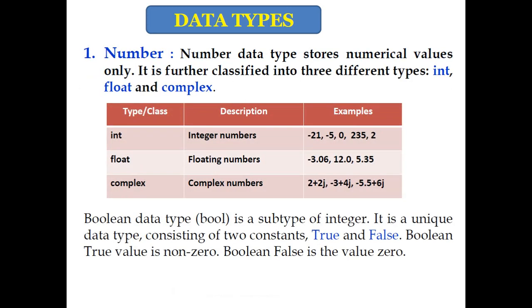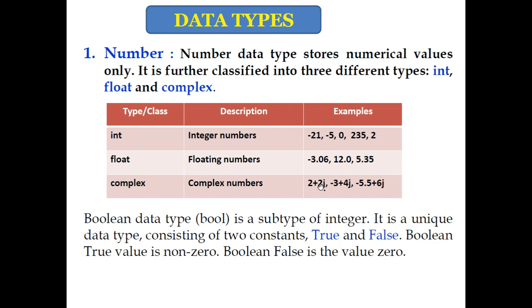Number stores numeric values. Three types: int, float, complex. Int means whole numbers, both plus and minus. Float means decimal numbers or real numbers, including negative and positive numbers. And complex means real and imaginary numbers both. And complex numbers, what is the use of them? It is a very new feature in Python. It was not in other languages. Complex numbers are quite commonly useful in electrical engineering. There it is used.